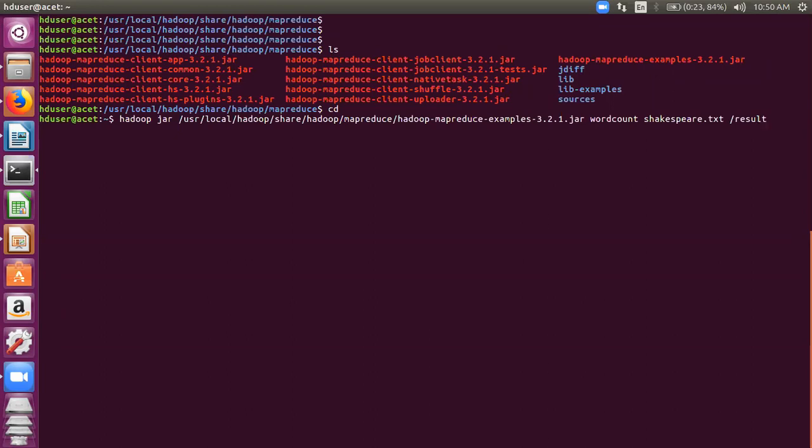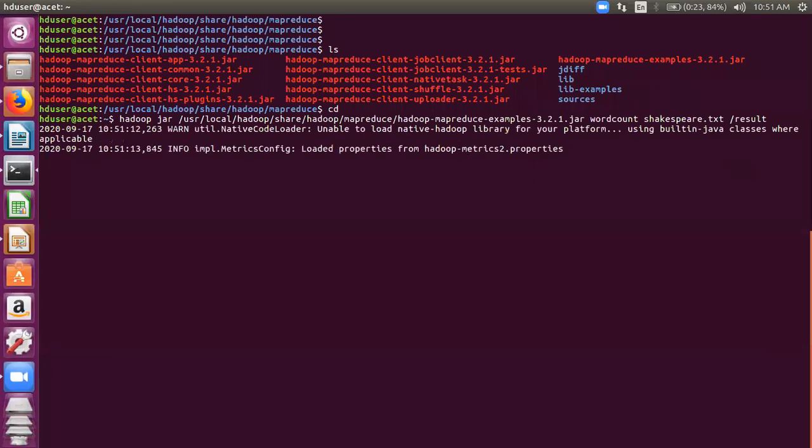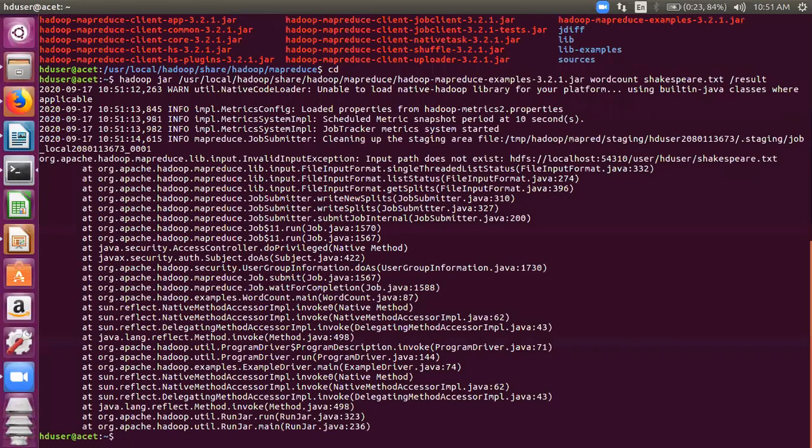So see what I've done. I'm using this jar file which contains different classes. There are many classes. There is one class, word count, which would help you to count the number of words. So after word count you must specify the file, and then your target directory. Let's see if it launches some MapReduce code for you. No, there's some problem, it's not running. Let's have one more try.